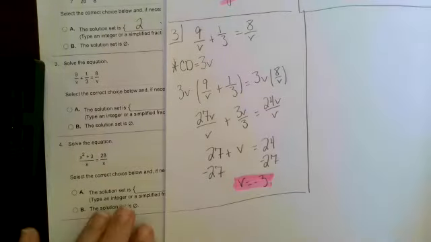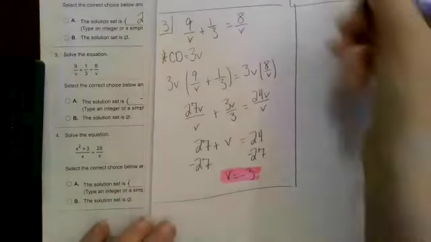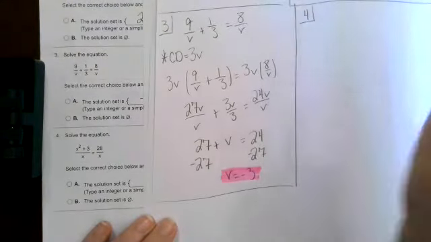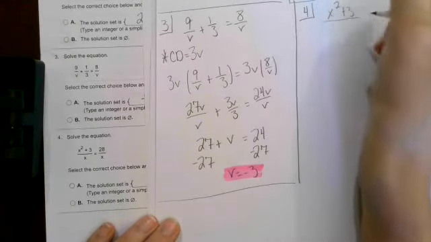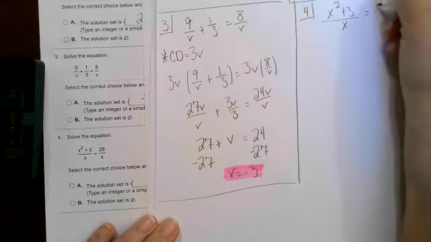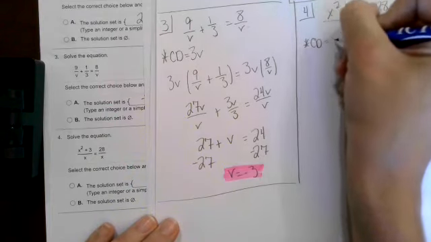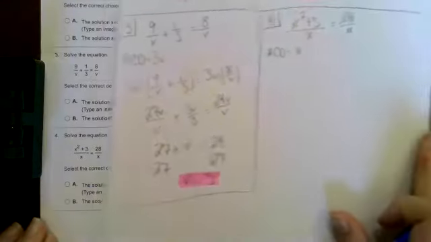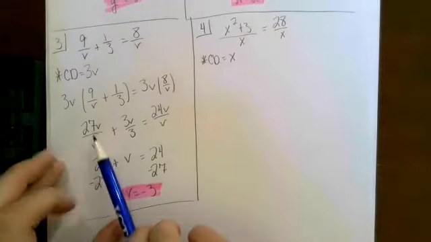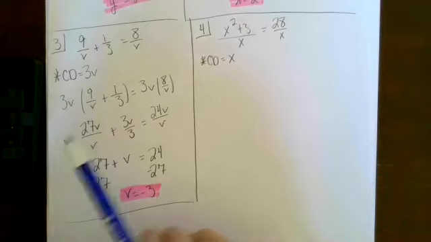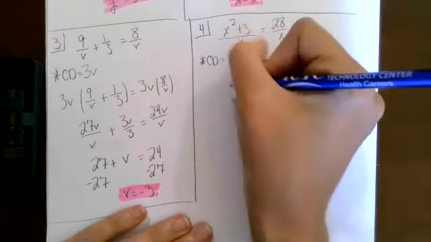Okay, let's do, I'm going to write this over here so I don't forget. But number 4. So we have x squared plus 3 over x equals 28 over x. Our common denominator is x, and since it's the same on both of them, we don't have to multiply by it, because when we multiply by it, we just have an extra x, and so then if it's divided by itself, it simplifies. So on this one, since our common denominator is the same, we get to just write out